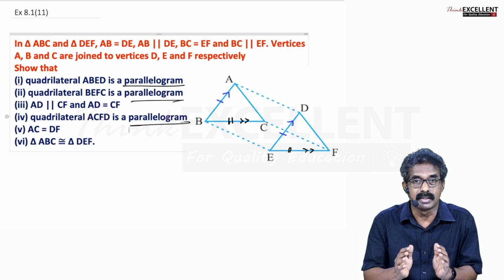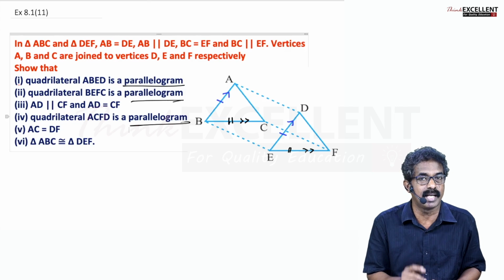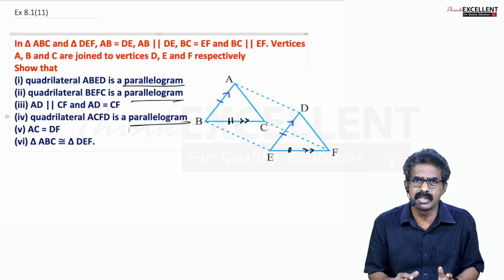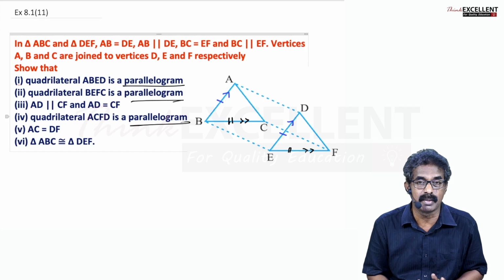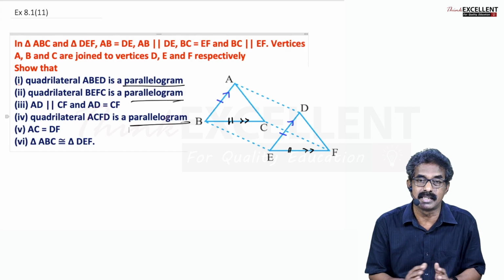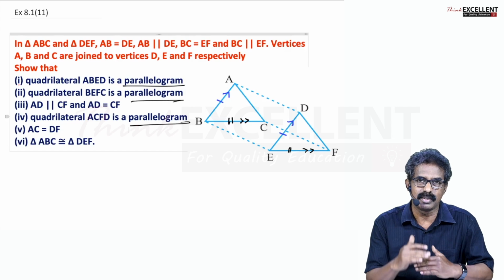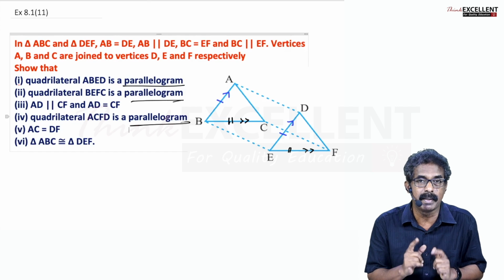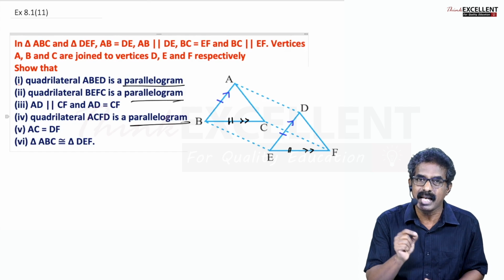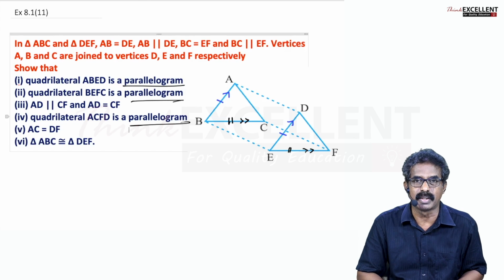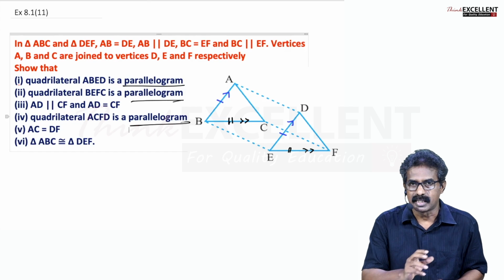So listen, you can say a quadrilateral is a parallelogram in 3 cases. 1, opposite sides are parallel, that means all the sides, opposite sides are parallel. Second one, opposite sides are equal, we look into all the 4. And the third one, 1 pair of opposite sides, either you take these 2 or you take the other 2, 1 pair of opposite sides are parallel and equal. No need to say anything about the other pair. Then in all the 3 cases, you can say the quadrilateral is a parallelogram. So with that idea, let us go to this sum.